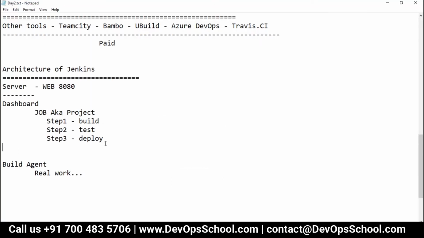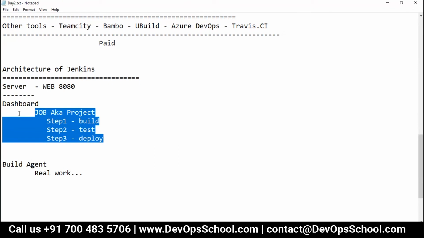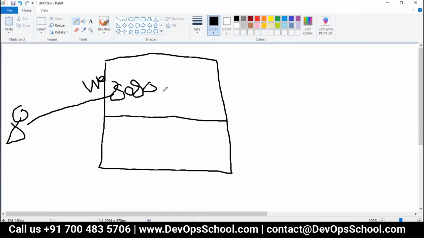You declare every job here, but these jobs require build machines to execute, compute. So this is done in the agent, called the build agent, sometimes a node also.